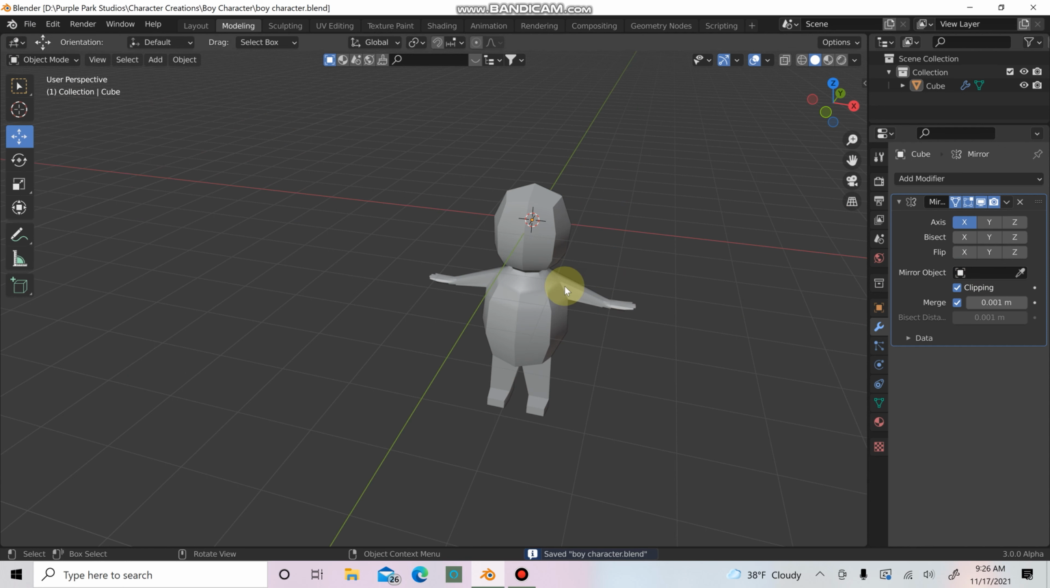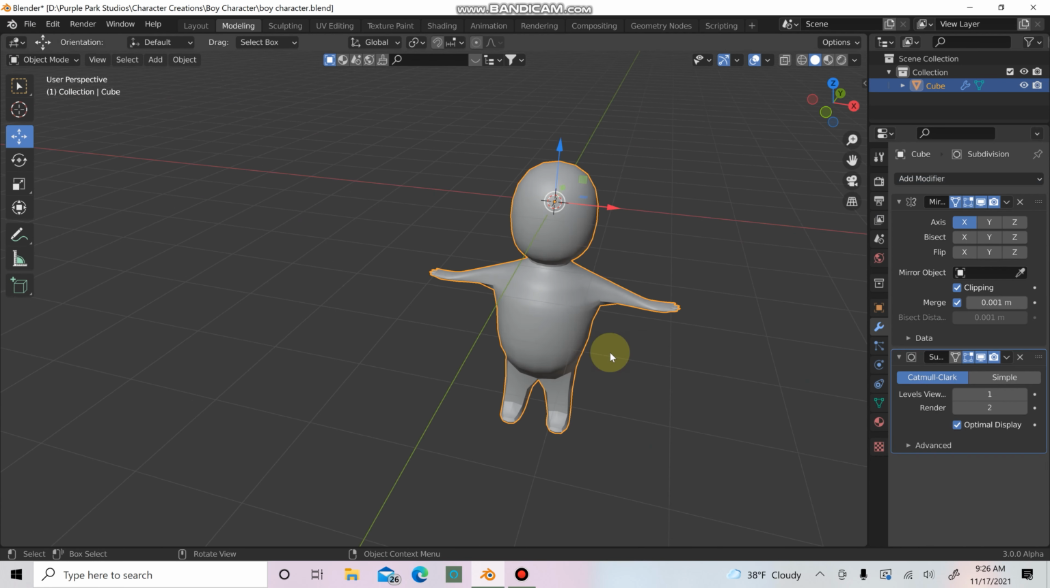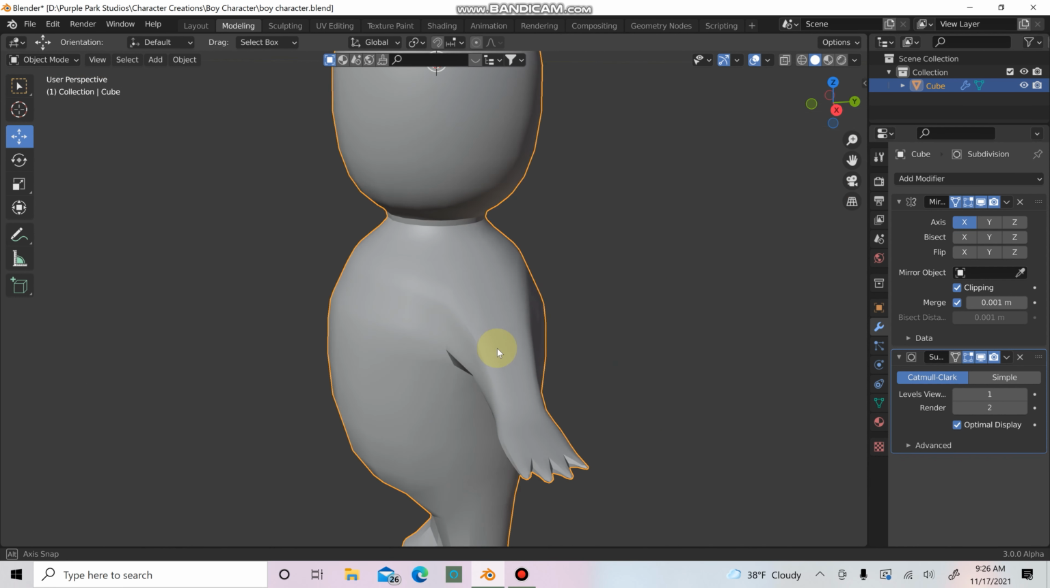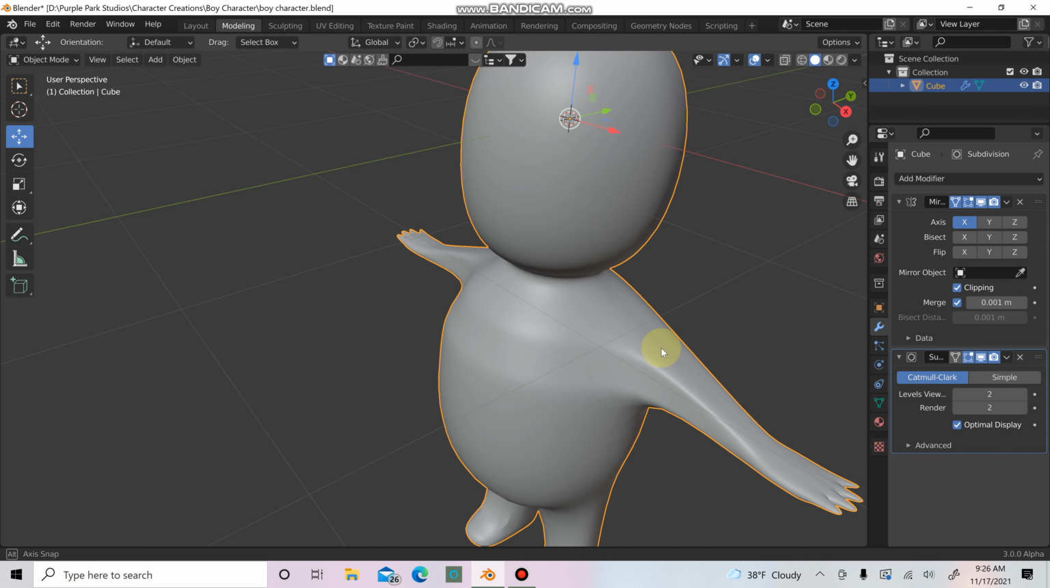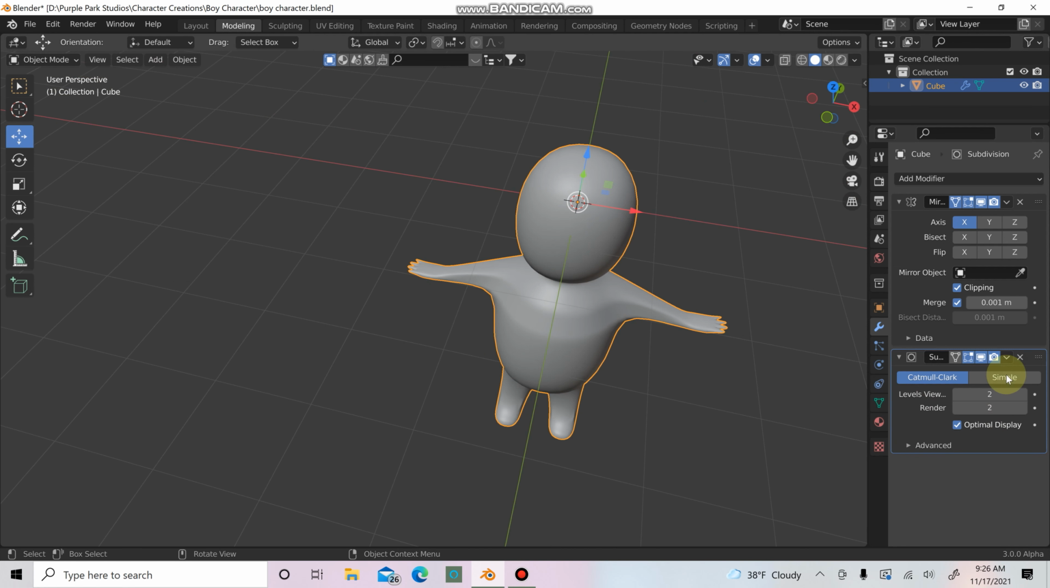So now we're going to want to add another subdivision surface modifier to our mesh. And you can see that this is already looking a lot smoother, but we're going to go ahead and bump that up to 2 in the levels view. You could even go as high as 3 if you wanted to, but I'm just going to leave it at